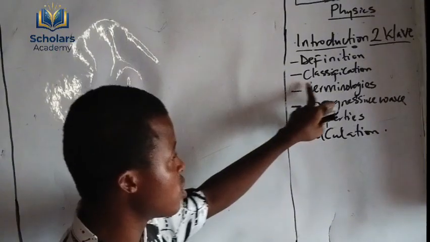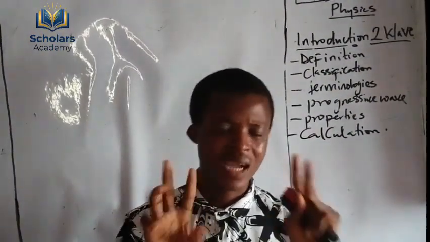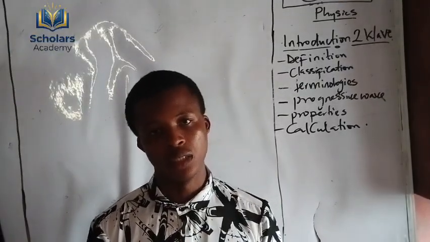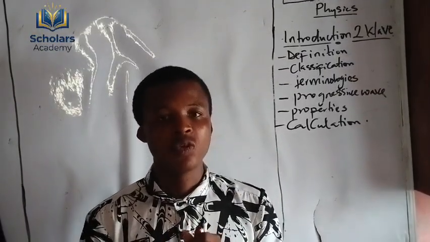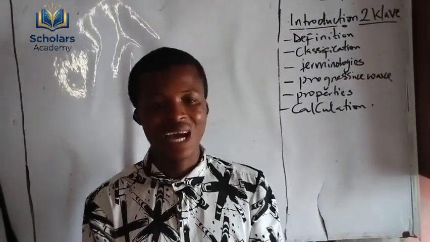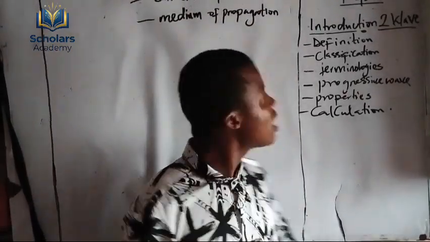So the next thing, let's look at classification. Now wave is classified into two categories. Wave is classified based on the medium of propagation. It's also classified based on the direction between the wave and the medium. Now let's start with this. When we say direction of wave, I want you to understand that the wave and the medium,